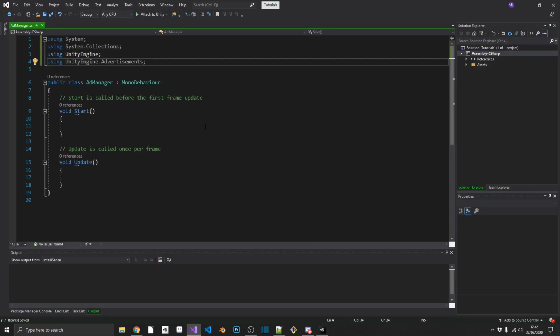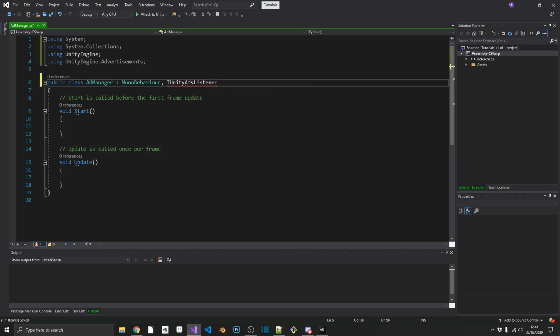Now as part of the UnityEngine.Advertisements namespace, we get given access to a couple of interfaces. And the one that we're interested in is the IUnityAdsListener. This is what tells our game that an advert started, it's ended, it's been completed, etc. We need this in, and we also need to cater for the required methods as well. So to do this, after our MonoBehaviour, we'll put a comma, and we need to add in